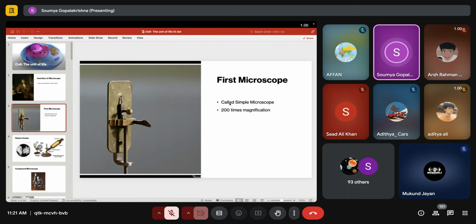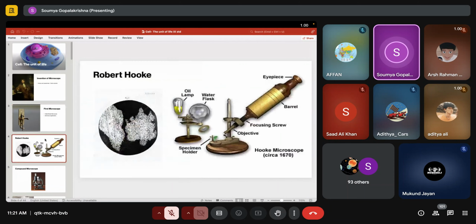So you can take a flower, you can dissect a flower, and you can view it. A simple microscope has got only one lens over here. So magnification is 200 times in this. So you could see some parts of the plant and parts of the animal. You could just basically view them. That's what simple microscopes are for. When dissections of smaller animals are being done and all that, they use the simple microscope.